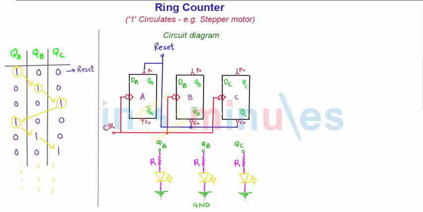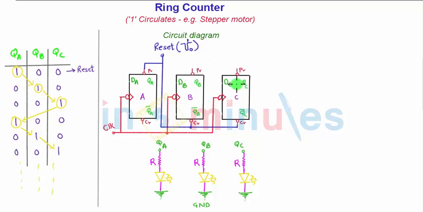What we can see here is simple D flip-flops, DA, DB and DC. The blue line is a reset line which is connected to the clear of flip-flop B and flip-flop C and the preset terminal of flip-flop A. Why? Because if I give a reset pulse here for a very short duration, I apply 0, so flip-flop A will be set, because it is connected to the preset terminal, and flip-flops B and C will be reset. So the reset position will be 100: QA will be 1, QB will be 0, QC will be 0, and the reset position is obtained.